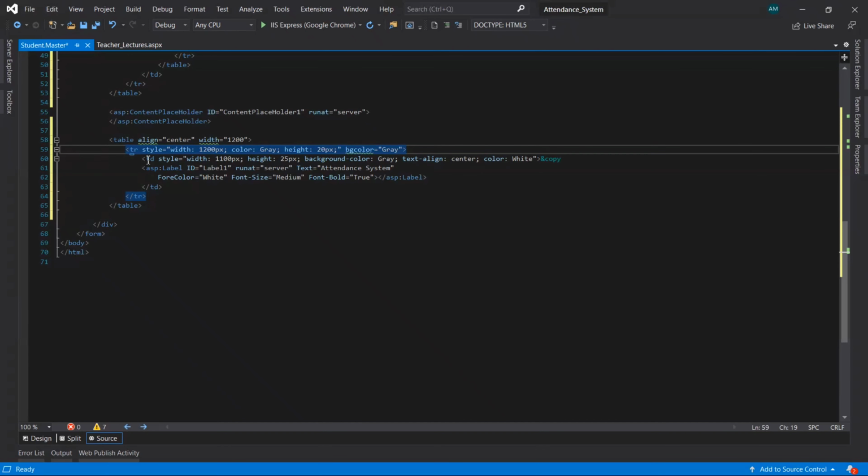Inside the table row I have taken one table data with CSS like width 1100 pixel, height 25 pixel, background color gray, text align center, and color white. After that, I have taken one copyright symbol with the HTML text ampersand copy.